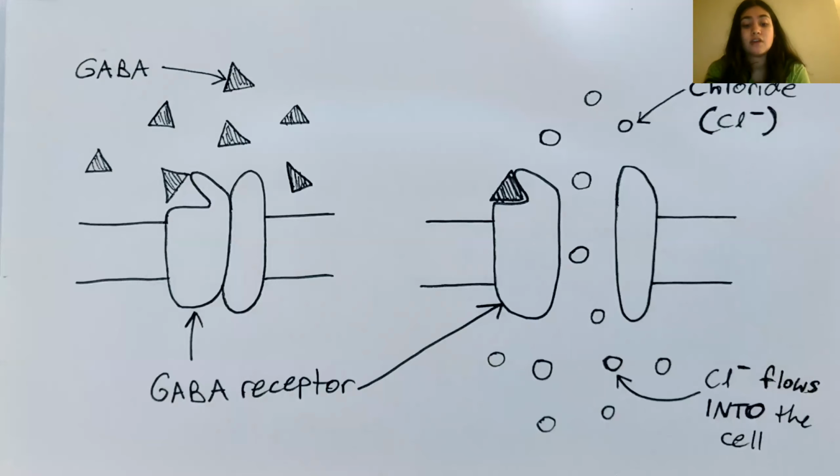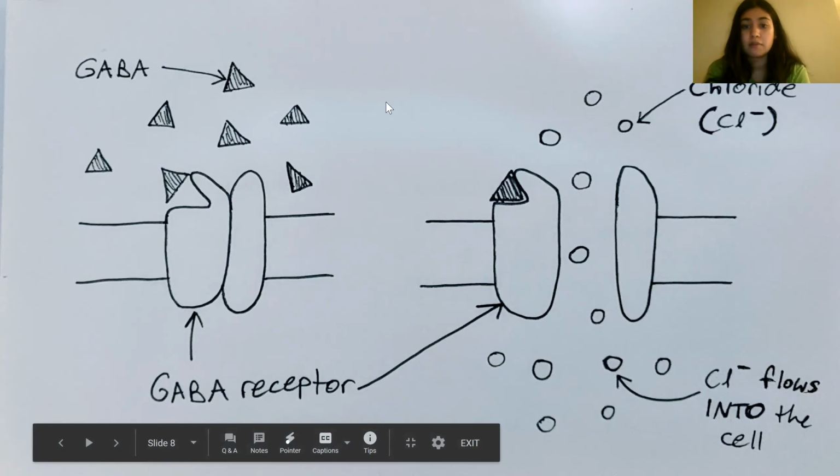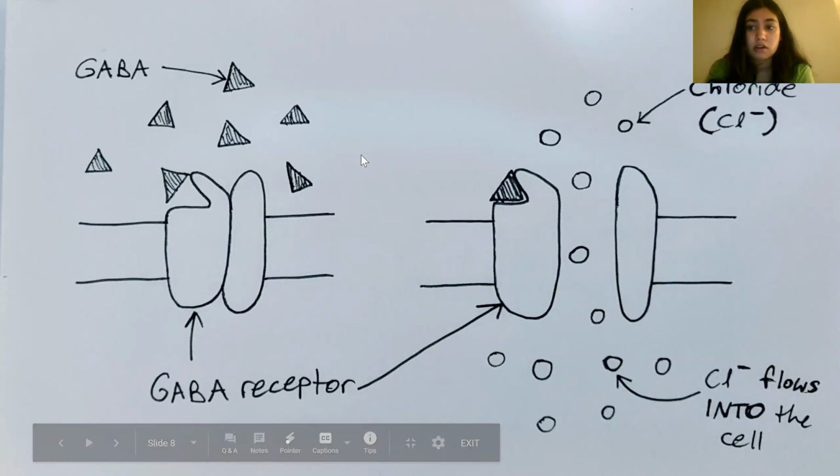Now, glutamate is not the only neurotransmitter in the brain, and ionotropic receptors are not the only kind of neurotransmitter receptors in the brain. I want to briefly talk about GABA, which is another neurotransmitter, and then I want to talk about another type of receptor called a metabotropic receptor. But here we're talking about a GABA receptor. So if a neurotransmitter called GABA